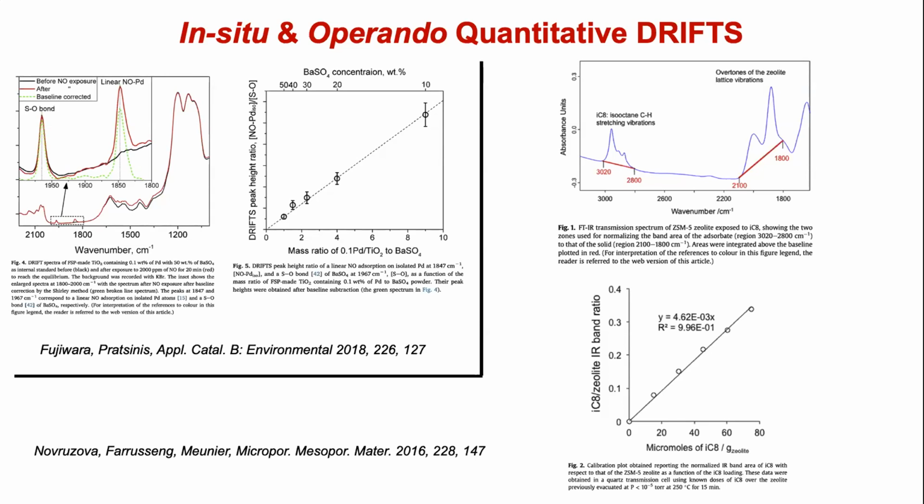But you can also mix this with barium sulfate, and then you can also bring it into this SO vibration. And when you do that, you can see that you can plot a calibration line. And then you're ready to do it, provided that this barium sulfate can be added and it's not intervening with catalysis. That is, of course, an internal standard, with the risk that you are doing something that is not needed